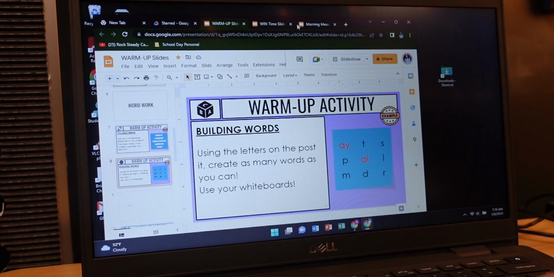After the warm-up, learners will head to the meeting area. We will discuss news, goals for the day, and then hold any form of book talks if we have them that day. Next up is my lesson, which lasts no more than 15 to 20 minutes. Learners will have some form of a demonstration from me, and then they're also going to have the ability to practice collaboratively so that I can provide them feedback.